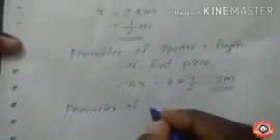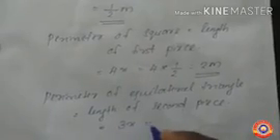Next, perimeter of the equilateral triangle is equal to the length of the second piece, equal to 3x, and it is equal to 3 into 1 by 2 equal to 3 by 2, and it is equal to 1.5 meters. So we can say that the long rod is split into 2 meters and 1.5 meters. Is it clear for you?